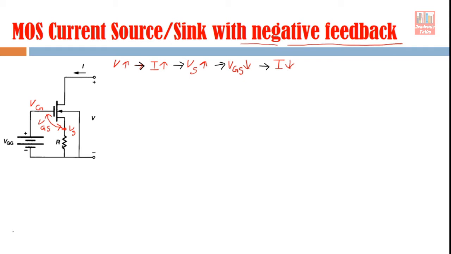So, what is this feedback doing? This feedback is doing a kind of pulling back action. Your current is trying to increase, maybe because of increasing output voltage, but when this current tries to increase, it gives a feedback to the gate source voltage, and it gives a negative feedback, meaning it will decrease the gate source voltage. Your current here is increasing, but this increase in current is decreasing the gate source voltage, and if gate source voltage is decreasing, current will decrease.